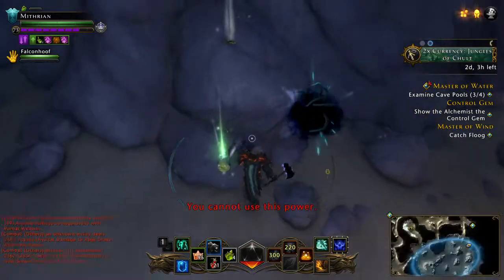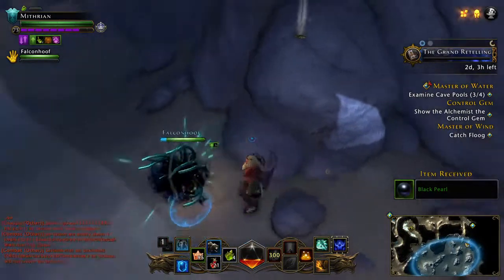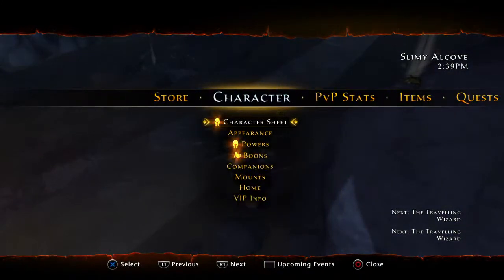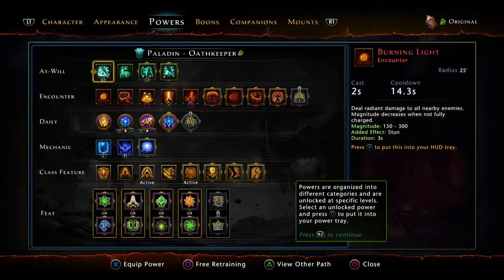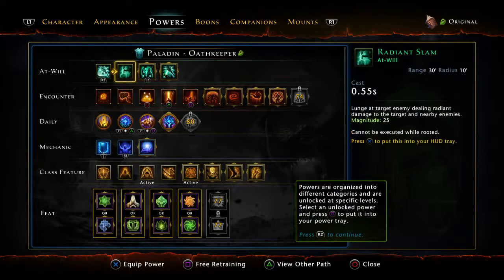Right, I'm actually going to change one of my powers because I think I've got a heal activated I don't need. I could probably do a different attack, because that heal does like 500s and 500's nothing. So I think it's L2, yeah, it's L2. I'm going to change that to